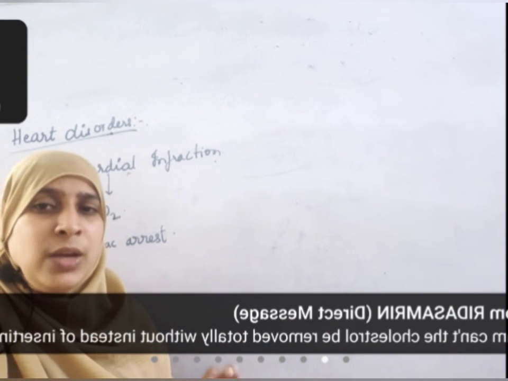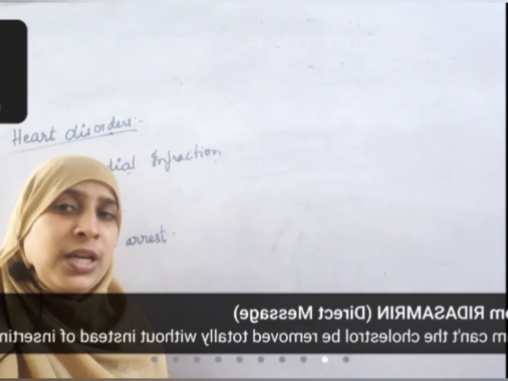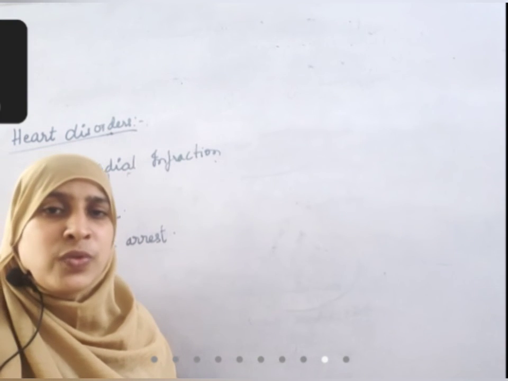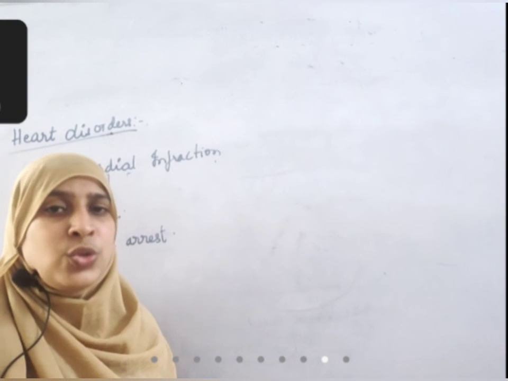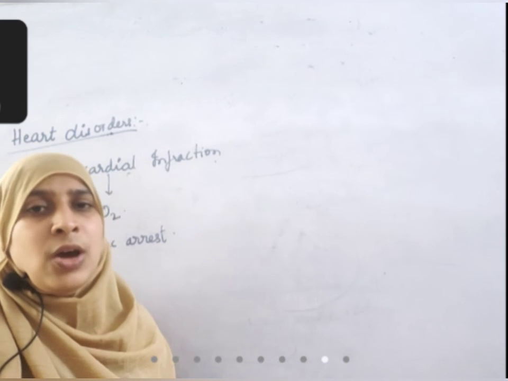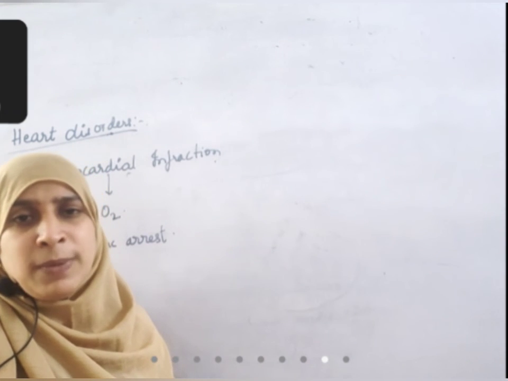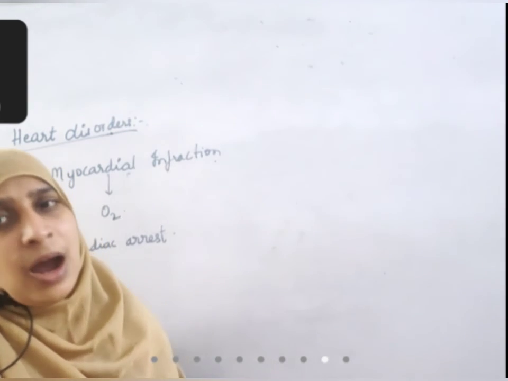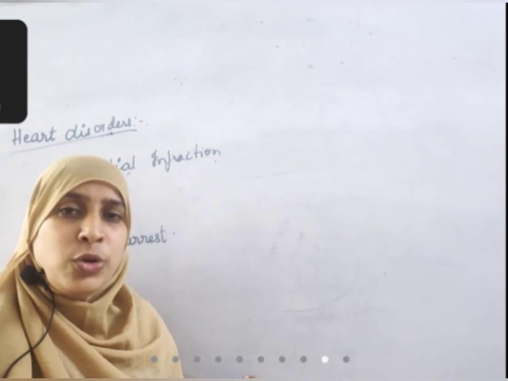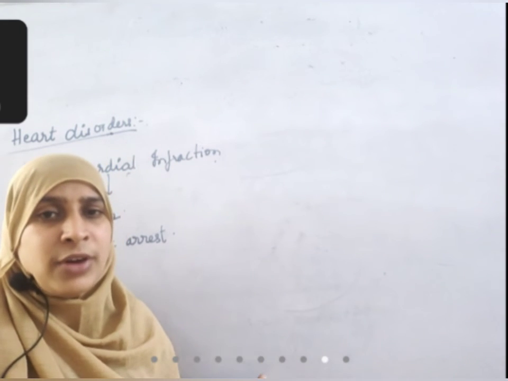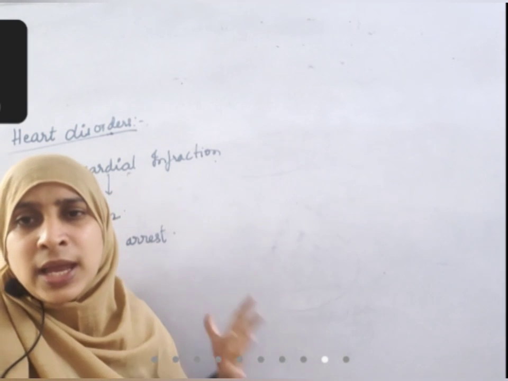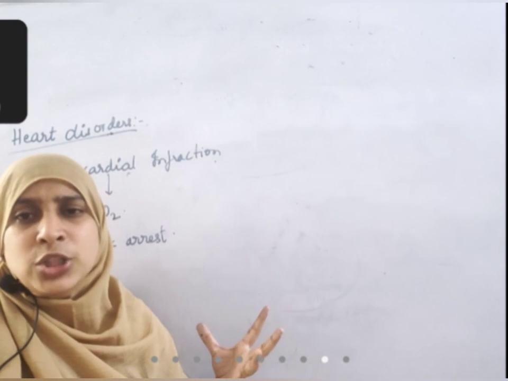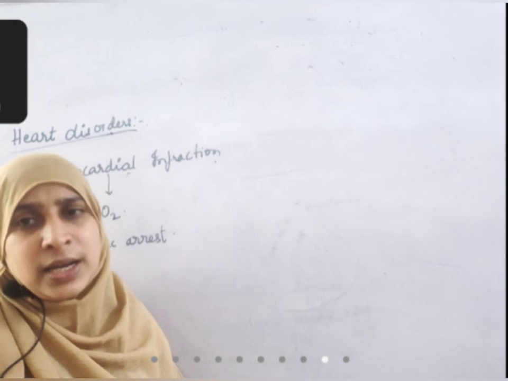Now you should be clear what is the difference between cardiac arrest and heart attack. Heart attack is something that occurs because of slow deposition of fat tissue or some cholesterol or fibrous tissue overgrowth in the blood vessel. And cardiac arrest is when heart muscles do not get sufficient amount of oxygen. One particular area of heart muscles does not get oxygen at all, and suddenly the heart will not beat. No oxygen, it's not able to function. It will stop suddenly. That is called cardiac arrest.